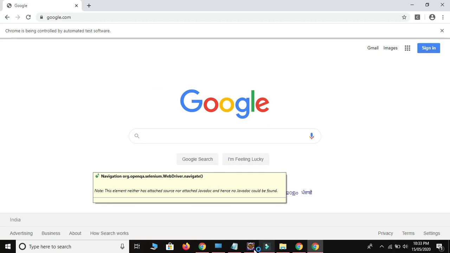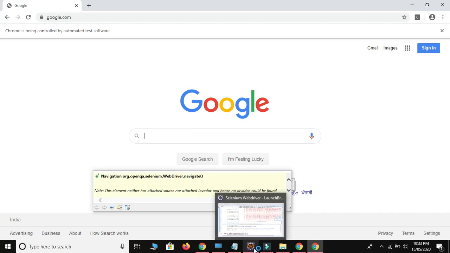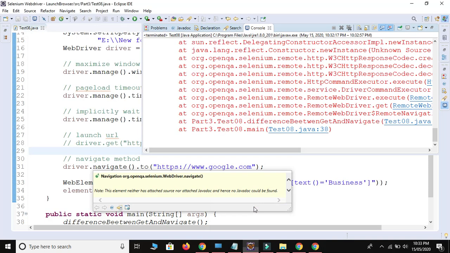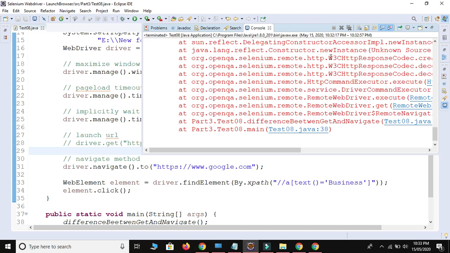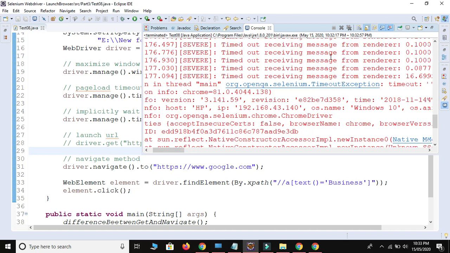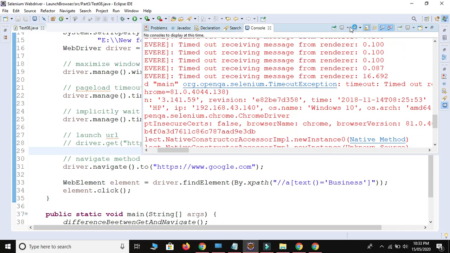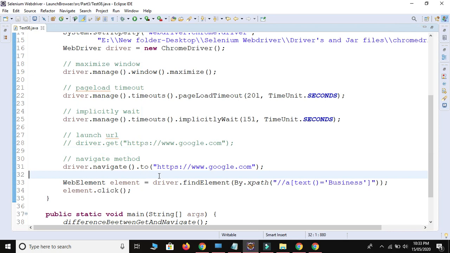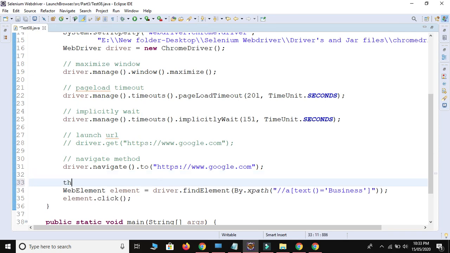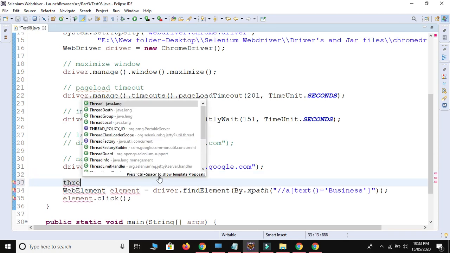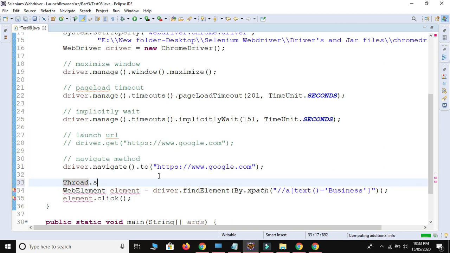Just open your Eclipse and see. Okay, we get some error, I think element not found exception, timeout exception. Okay, no problem, I will use some static wait. Again, this is only for me because I am facing some network issue in my area. I will use 4 seconds. Let's surround it with try catch block. This is the compile time error.